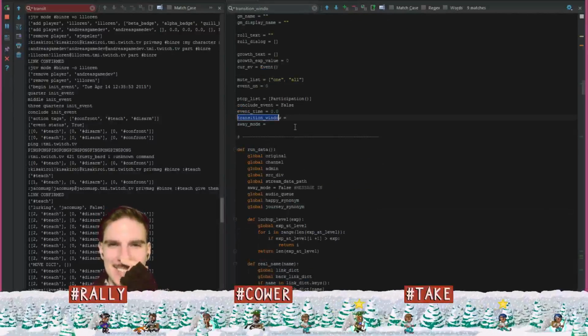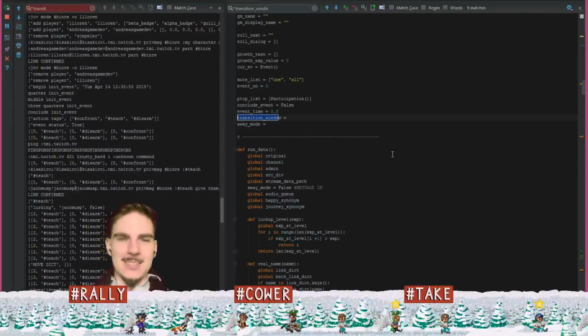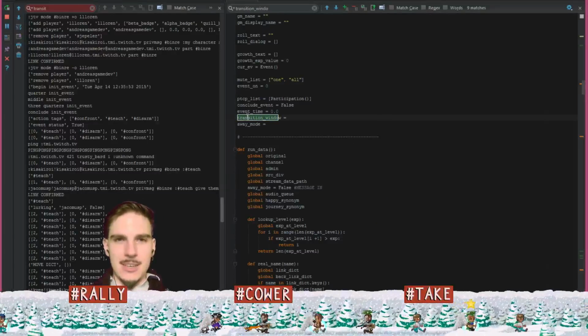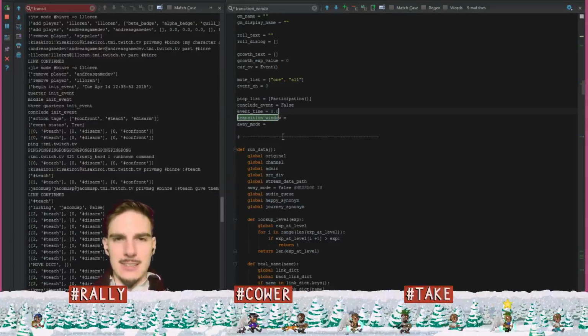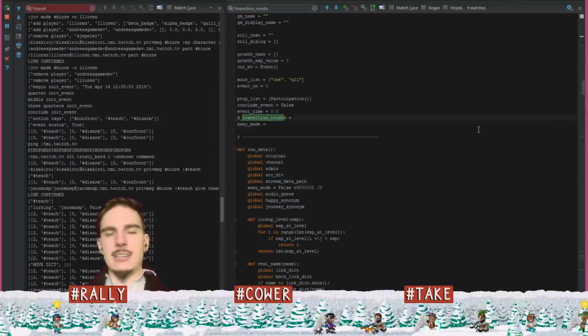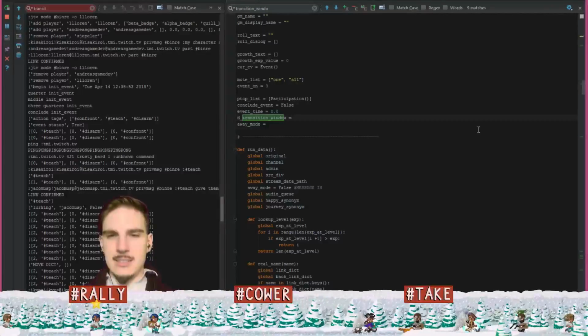Right. So transition window. This is supposed to be detransition window, which was not previously declared, so we don't have to move it from anywhere else. Detransition window, and we'll initialize it to